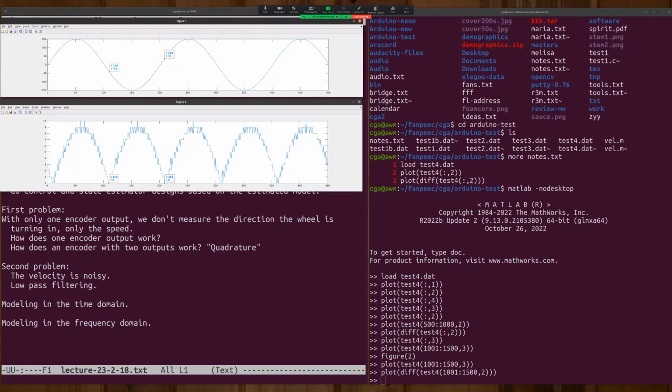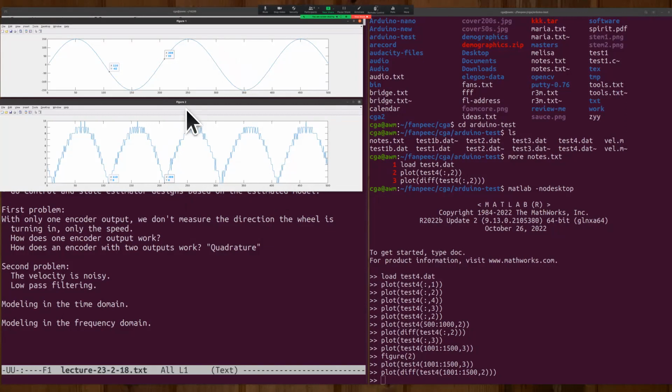Okay. One of the situations which you're going to be very tempted to do is grab that wheel and push on it to see how your control system works. Under those conditions, the assumption that the sign of the motor command determines the sign of the velocity isn't going to be correct. So unfortunately, we can run our servos, but we can't really test them by pushing on them because that violates the assumptions necessary to handle this.